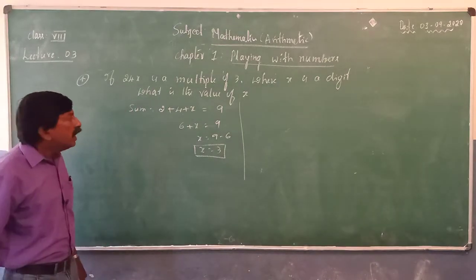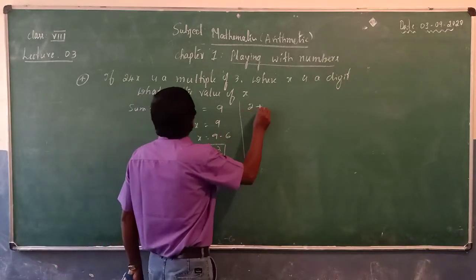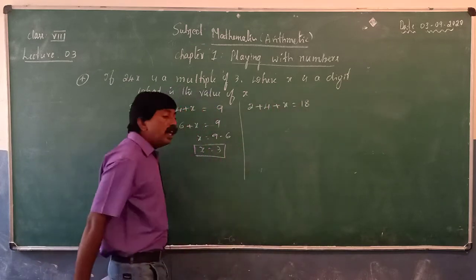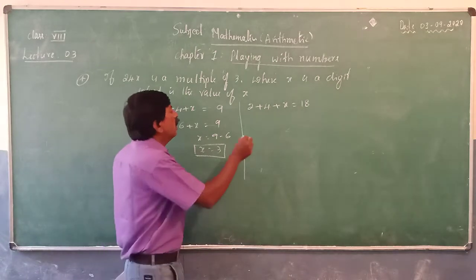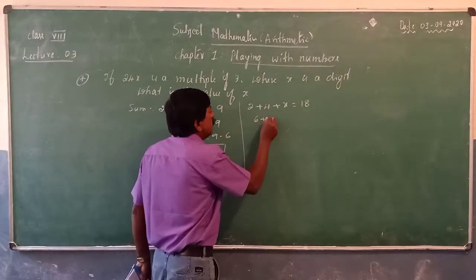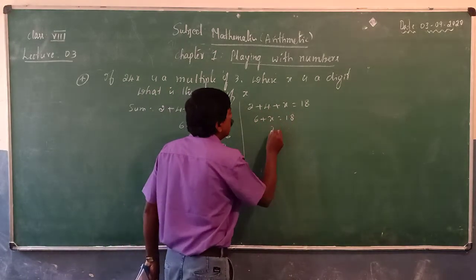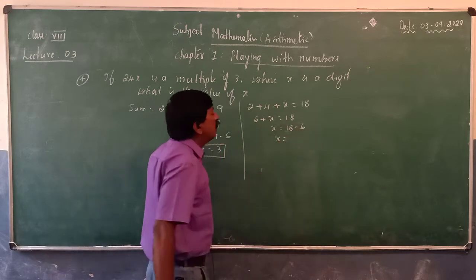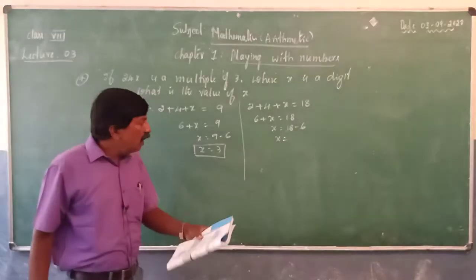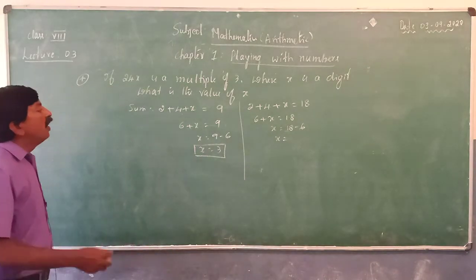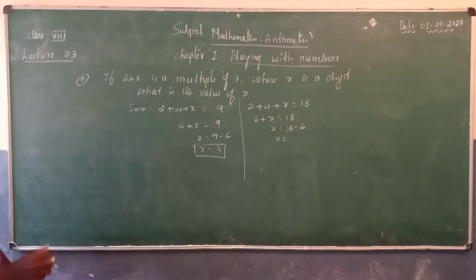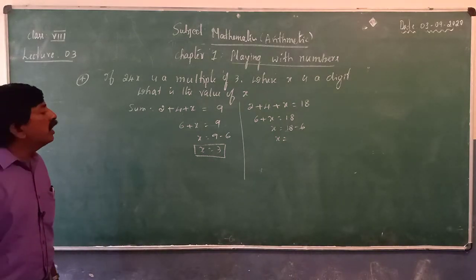Let us say 18. 2 plus 4 plus x is equal to 18. Now 2 plus 4 is 6, so 6 plus x is equal to 18. x is equal to 18 minus 6, which is 12. Now, what we have done here is, remember, x is 3, it is okay, but